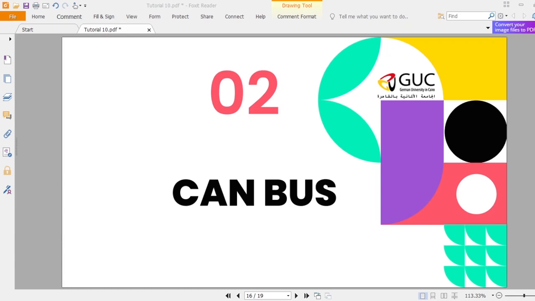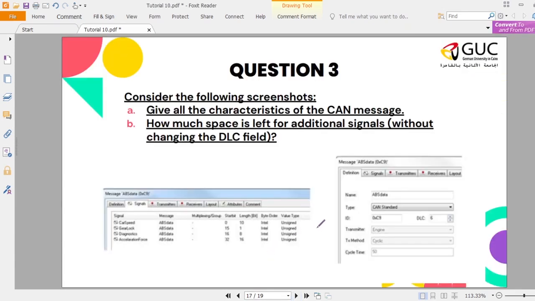So question number 1 in the CAN bus part, we have screenshots. Okay, 2 screenshots. We need to give all the characteristics of the CAN message. On the right, this is the CAN message. And number B, it says how much space is left for additional signals without changing the DLC field. The DLC field is the data length code. Okay, first of all, this is the message